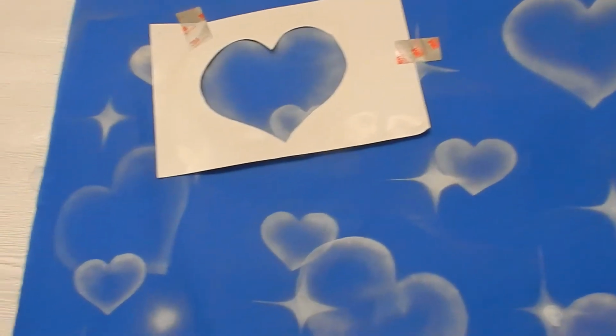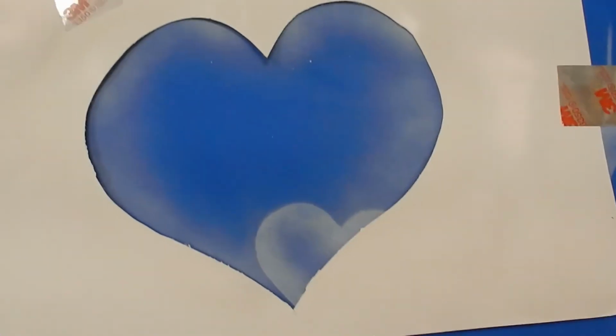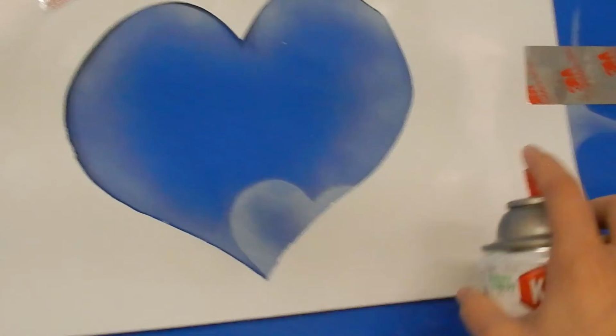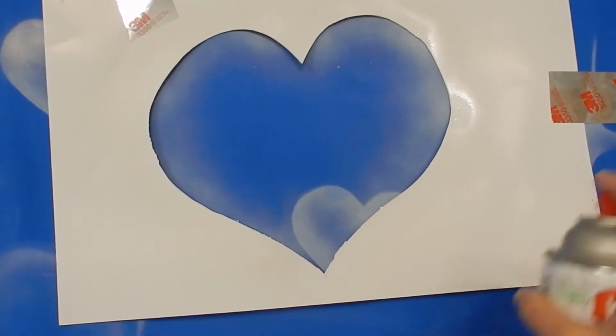okay? I just want to show you guys real quick what I mean when I say spray paint on the outside towards the stencil. Make sure you're aiming in this general area, because if you don't, it's going to spray out there. Aiming towards